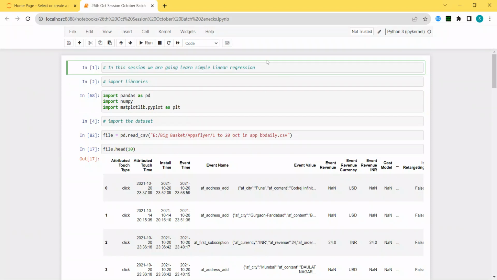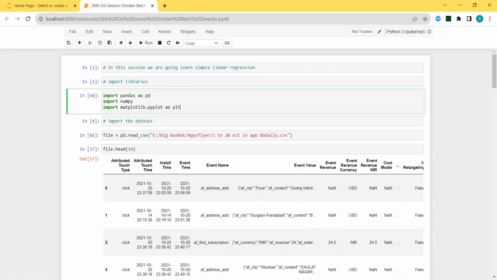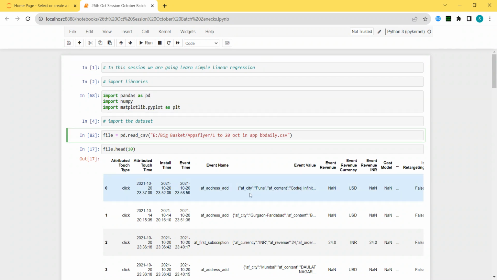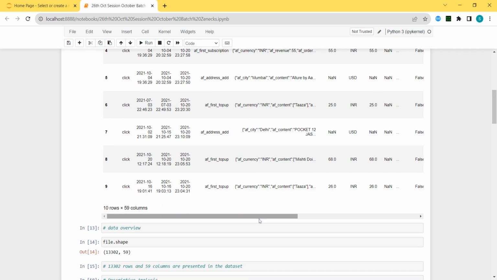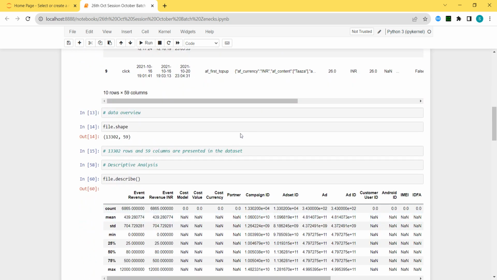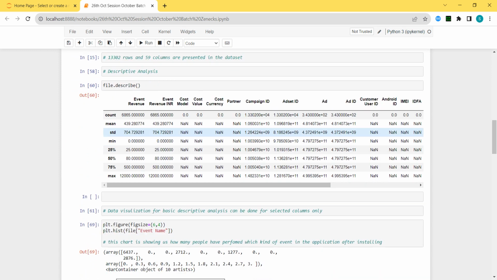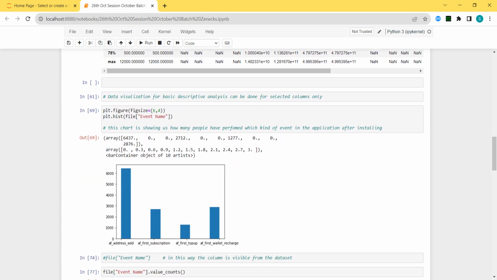regression. For linear regression or any kind of machine learning algorithm, first we imported the libraries. After importing the libraries, we imported the data set. So this is the data set. Now you are perfect with the data set, from which we have seen the data overview, how many rows and columns there are, basic descriptive analysis, and visualization of that descriptive analysis. I told you that I can make a histogram for all the columns,